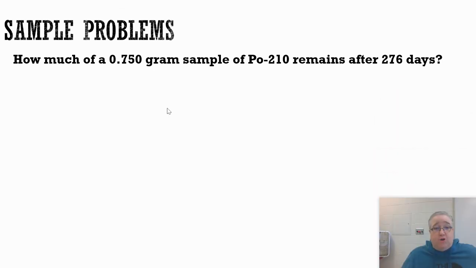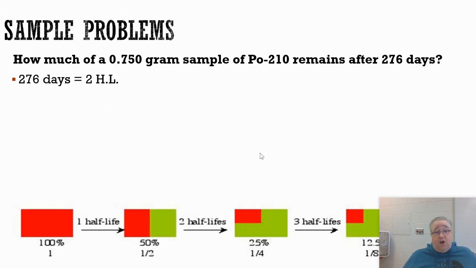All right, now this one we actually put a measurement to the amount of polonium that we start with. It says how much of a 0.75 gram sample of polonium-210 remains after 276 days. So again, how many half-lives is that? Well, that's 2 half-lives, because 276 divided by 138 gives you 2. So if we're starting, in this case, with 0.75 grams, so we have a measured amount,